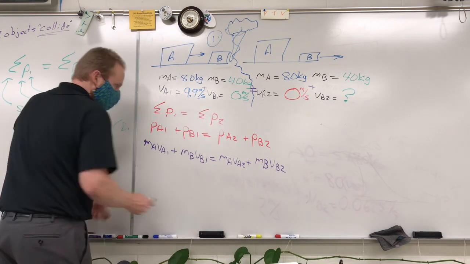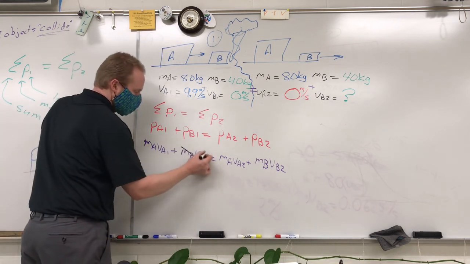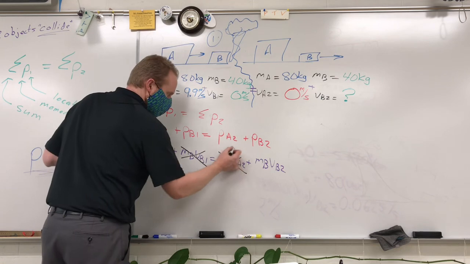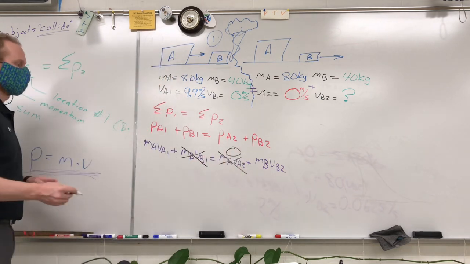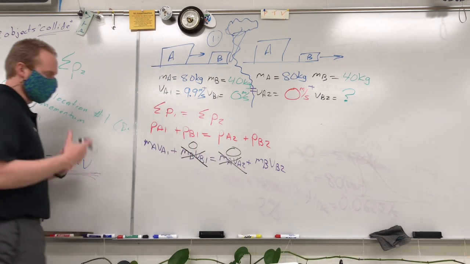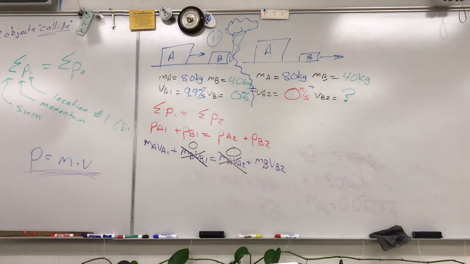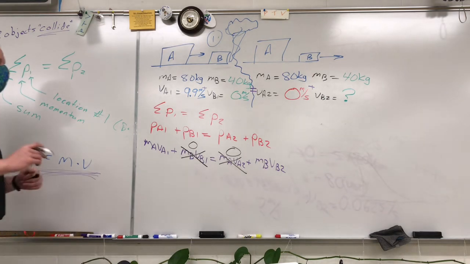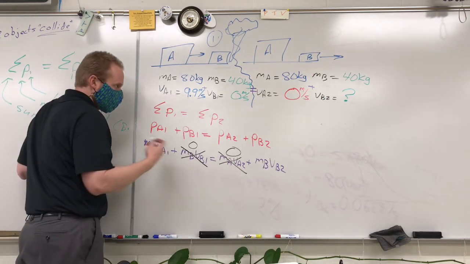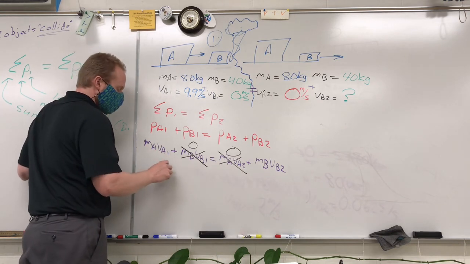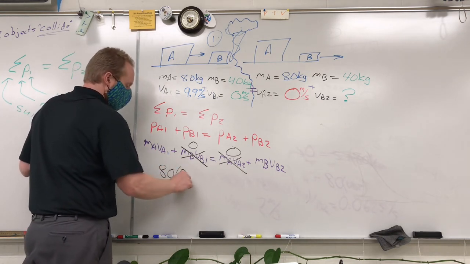Now, in this particular problem, we have two different things that have velocities of 0. The hay bale starts with 0 velocity, therefore 0 momentum, and she ends up with 0 velocity, so she ends up with 0 momentum. So what we're left with